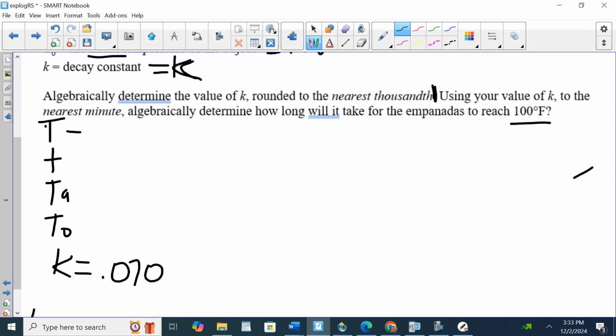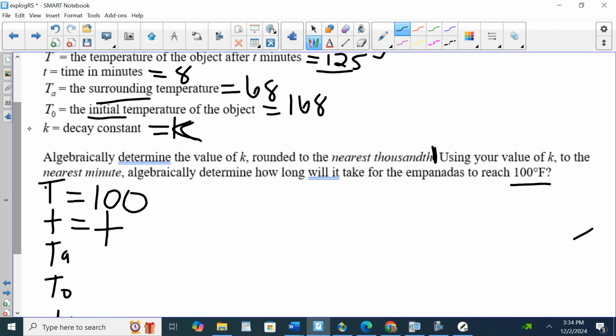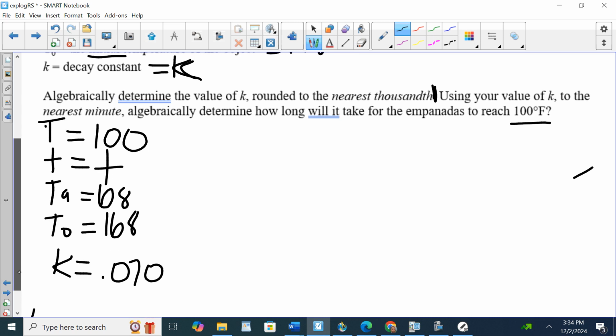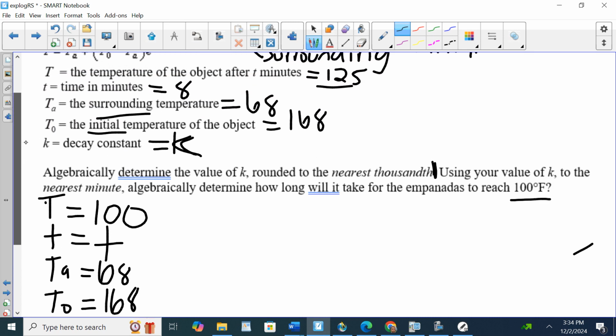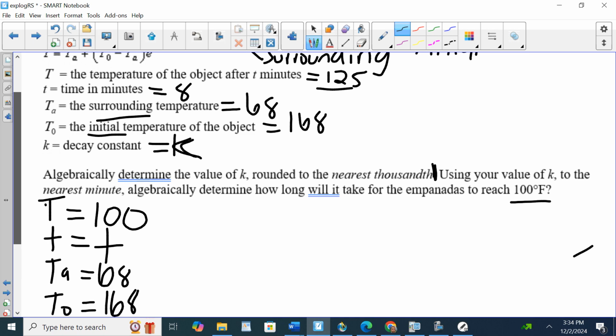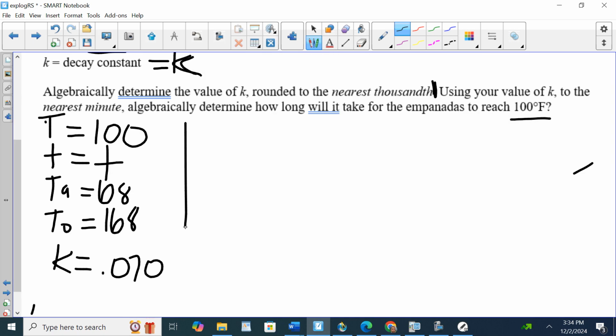So that's the temperature after time passes. It's asking for the amount of time that's passing. The surrounding temperature hasn't changed. The initial temperature hasn't changed. So now I'm substituting into that formula again, and I'm literally doing the exact same thing. I've got t, 100